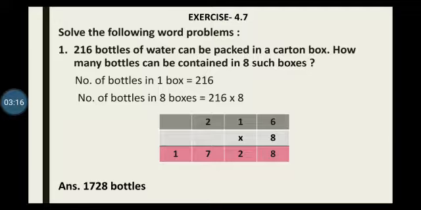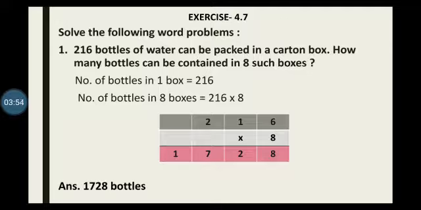Dear children, the first step to solve this situation is to understand it. It is very important for you to understand the meaning of the word carton box. Whenever there is a party at home, everyone needs water to drink, right? So the carton of the bottles, carton means a bigger arrangement. In one carton maybe there are 50 water bottles. So that is the carton box.